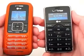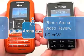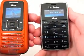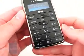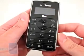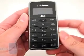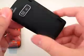This is Phone Arena's video review of the LG enV2 VX9100 for Verizon Wireless. The enV2 replaces the enV, which was released in November of 2006 and is available in two color options, black or maroon. The overall styling of the phone has changed, allowing it to be slimmer and more stylish than its